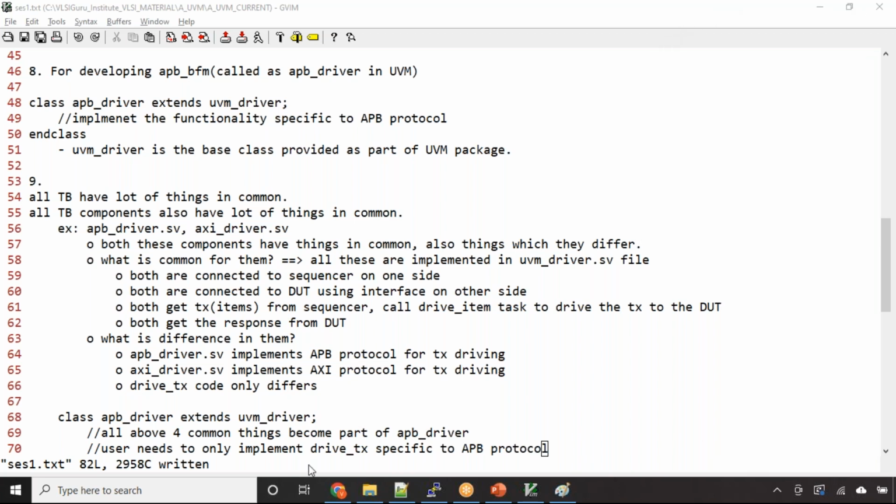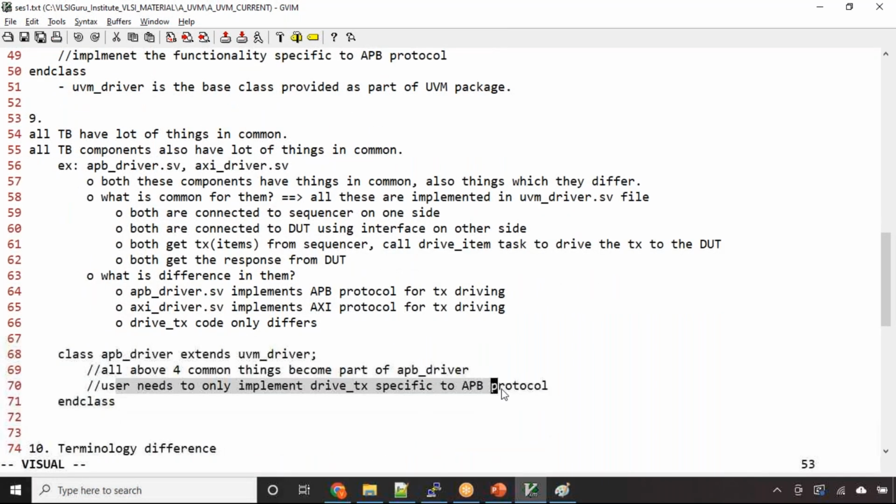Okay, so I hope you understood that. Whatever is common to all the drivers will be part of the UVM driver. The user needs to only implement the drive transaction specific to the APB protocol. Now,